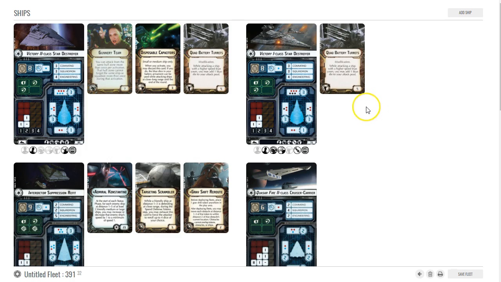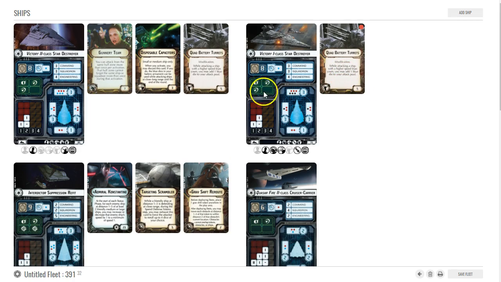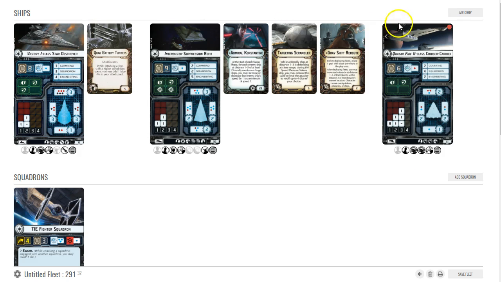I think this would be a little more effective than my last Konstantine build. The only thing that other build really had going for it was a better squadron presence, but that's easily tweakable. I could drop this to 2 Vic 1s, each with quad battery turret, and that would free up some. If I were to, this is the build right here, but if I wanted to just drop that and add